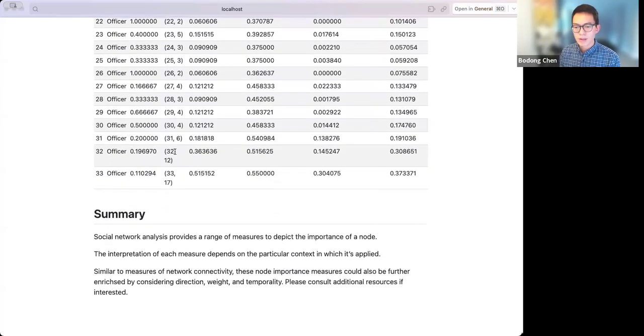So in summary, social network analysis provides a range of measures to describe the importance of nodes, but the importance or interpretation of every measure will depend on the context in which it's applied. It's very similar to measures of network connectivity. Those measures about nodes could be further enriched by considering direction, weight, and temporality, which is not captured in this module,